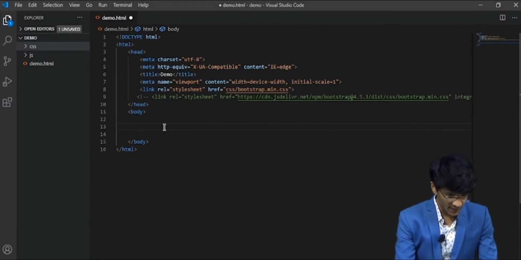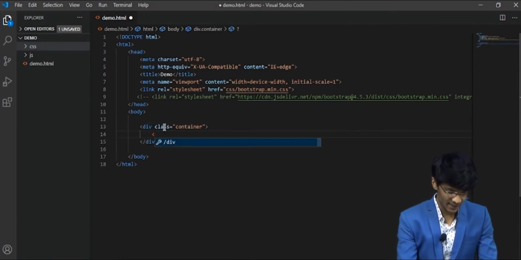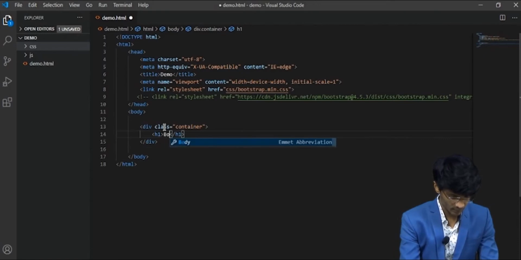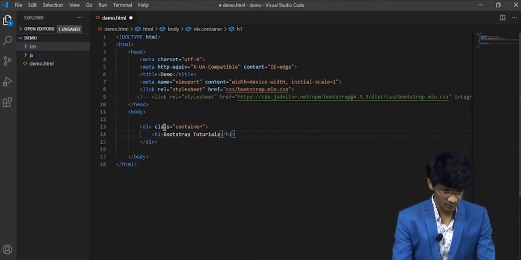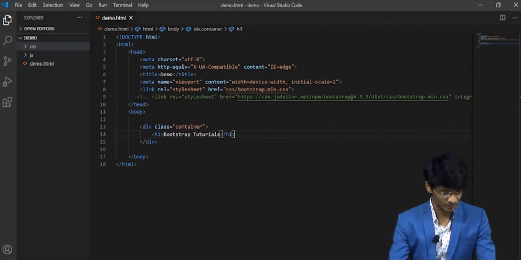So we will take a div and what we'll do is we'll get a heading inside this, and let's see what happens in the browser.